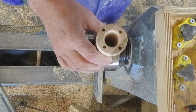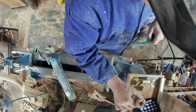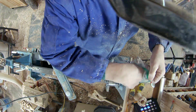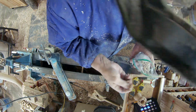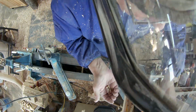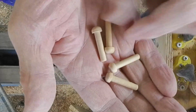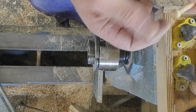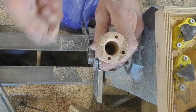Okay, so what I do for pins is I've picked up these pins at Lee Valley several years ago when I was making some wooden toys, and these were little axle pins that I used when I made the little toy trains and little toy trucks. I would put the wheels on, and this would be the axles that we'd glue in. Well, it turns out that these are perfect for putting in here